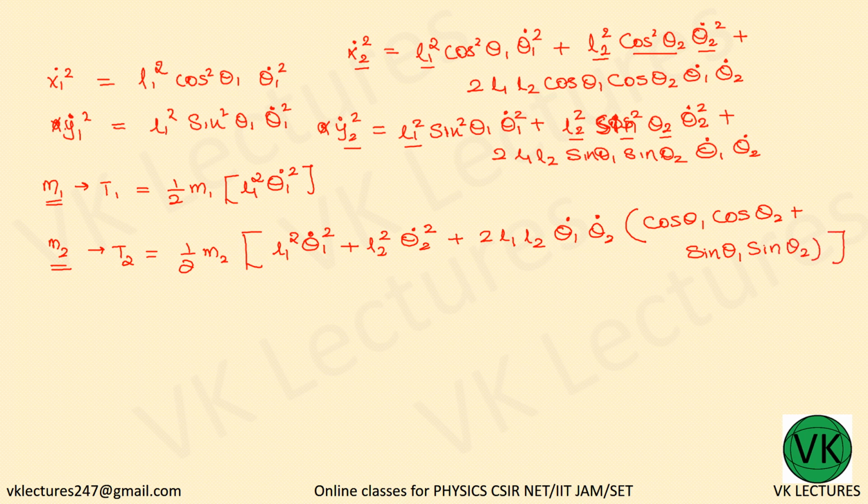So cos theta 1 cos theta 2 plus sin theta 1 sin theta 2 is cos of theta 1 minus